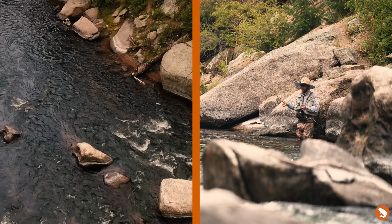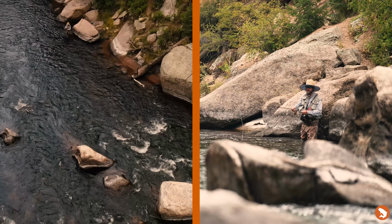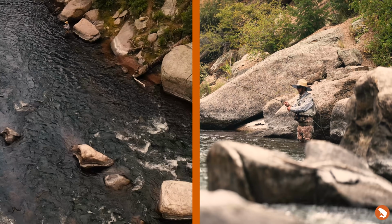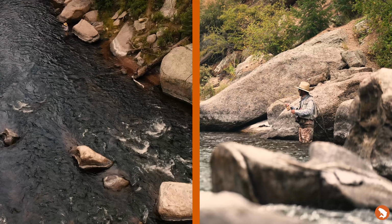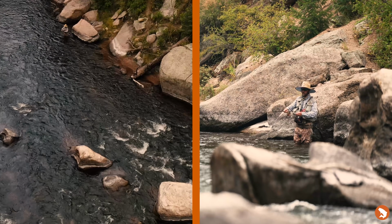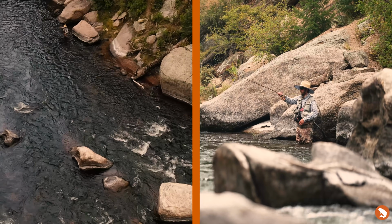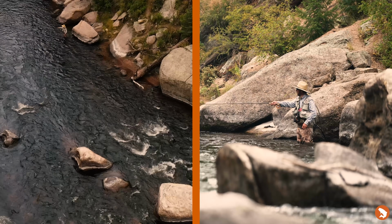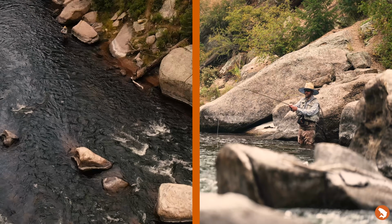All right, gonna look right in front of myself, not seeing anything right now. So again, just kind of working my way out. As I work out, a lot of times I am going to get a little bit more line out there, but I always like those quick short drifts and really concentrate on getting that nice drift. Got it out there, high stick it, mend it just a touch, let it drift down through, raise up, do it again,